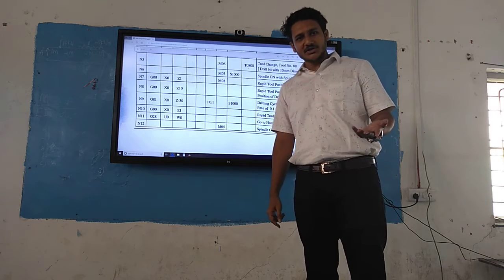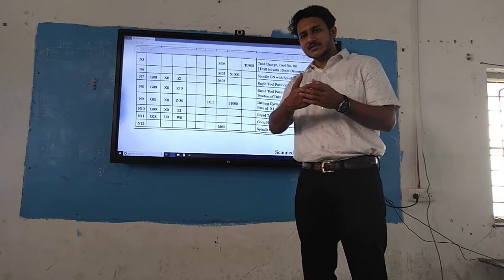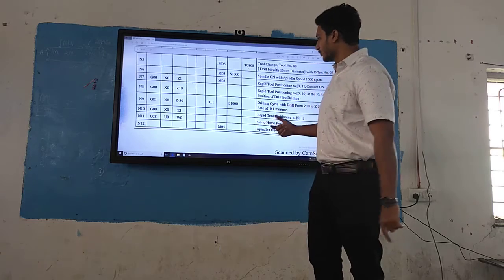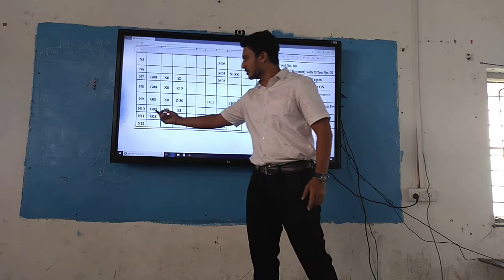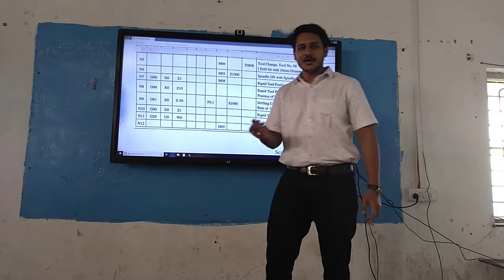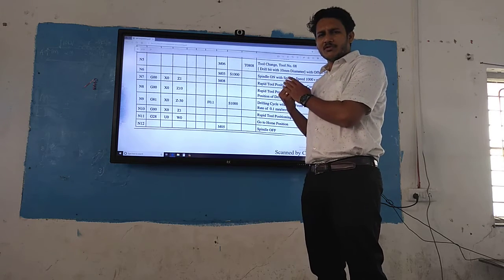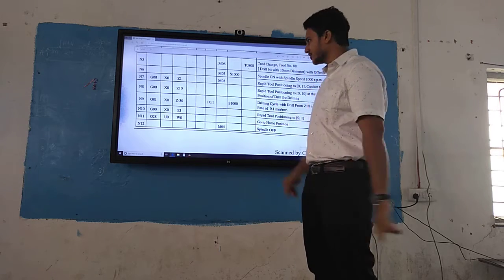When my drilling operation is over, I'll take my tool back to wherever position I want. For that I use rapid tool positioning to X0 and Z1, taking my tool back to 1 mm away from its reference position.